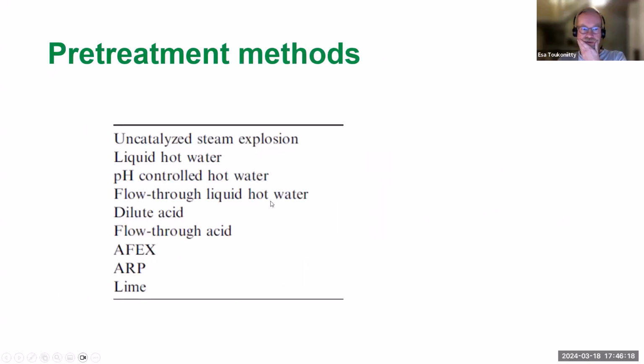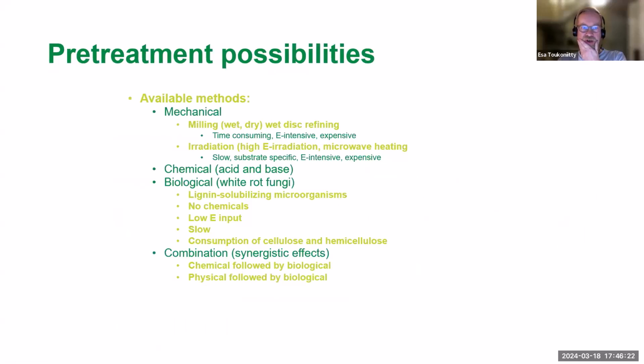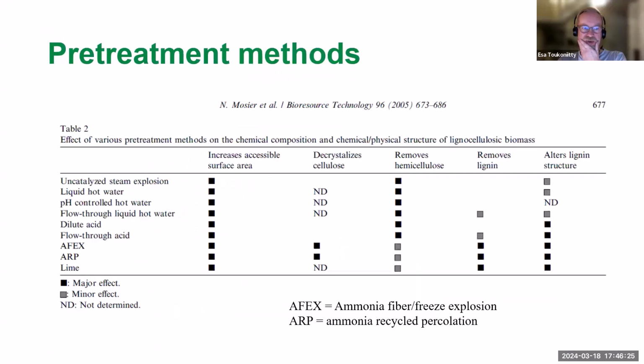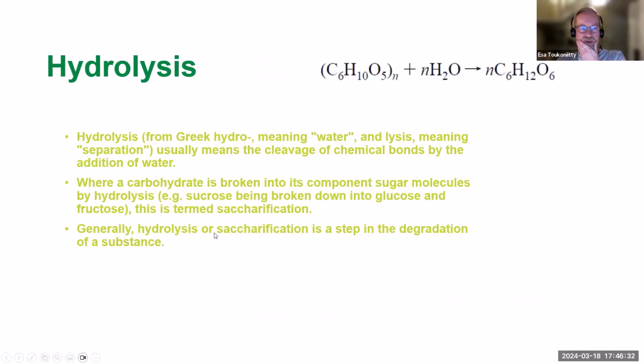So the pre-treatment, in a short summary. There are methods to pre-treat lignocellulosic material, and basically that is making it more accessible to chemicals, so that the hydrolysis can take place. And hydrolysis, this word lysis means breaking something, or well, here it's like